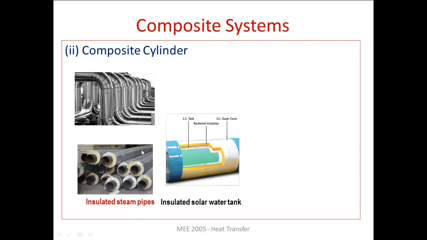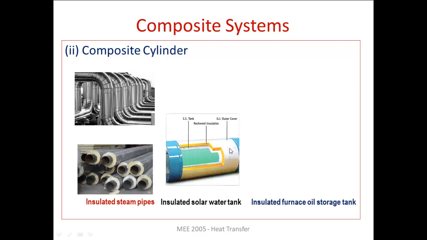Now you consider the case of a solar water heater tank, the tank which is used to store the hot water. So now this is a stainless steel tank. So we want to prevent the heat transfer from the hot water to the surrounding, for which insulation is being provided, and finally this is being covered by a galvanized iron sheet. Different materials are there with different thermal conductivity and different thickness.